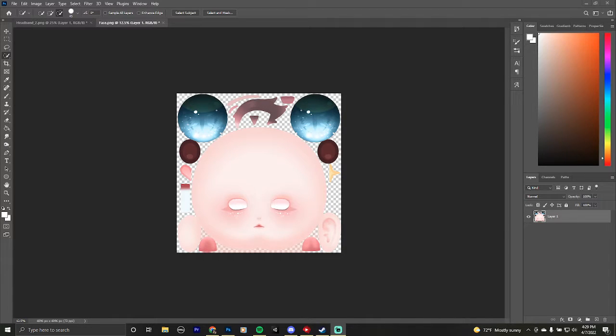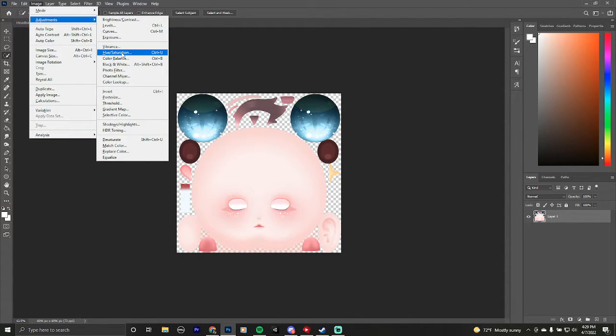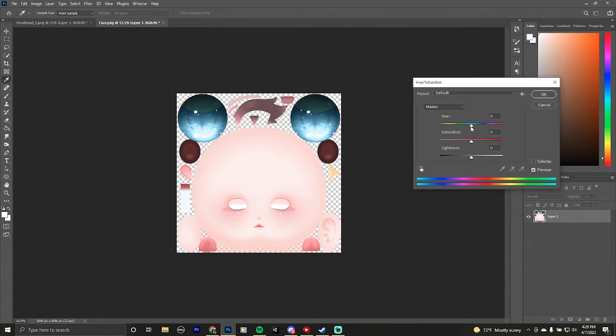So this will be a simple tutorial on how to change colors in Adobe Photoshop. If you're looking to change the color of the entire PNG, JPEG, or whatever you would load into Photoshop, all you would have to do is go to Image, Adjustments, Hue Saturation, and then use this bar to change